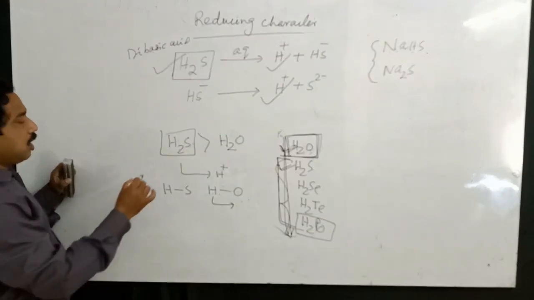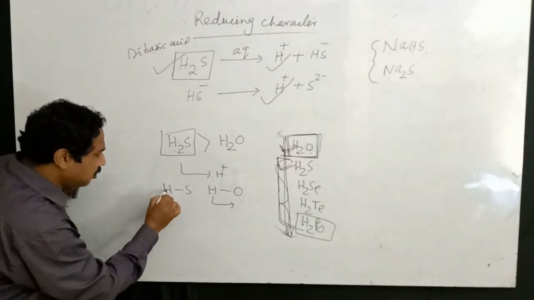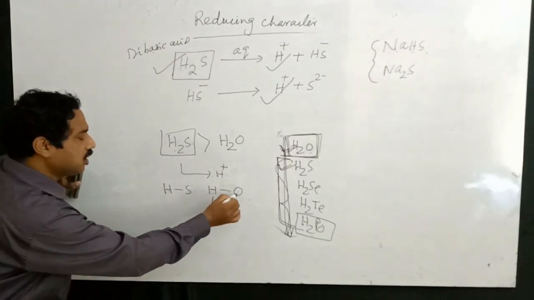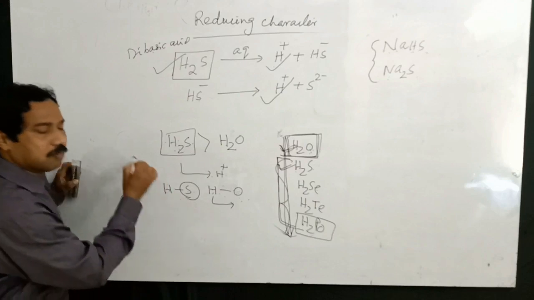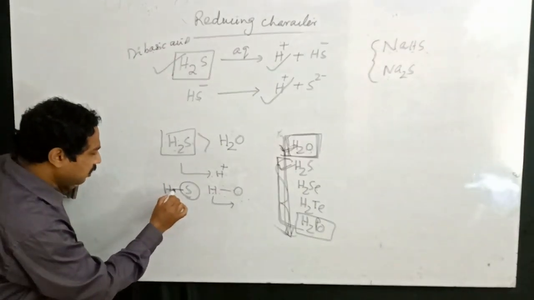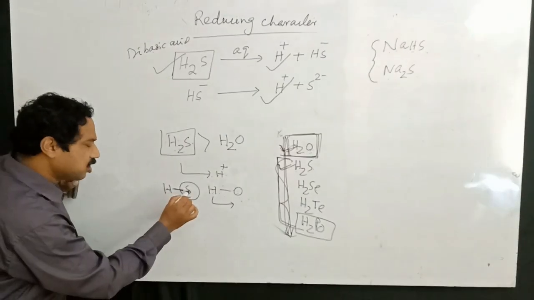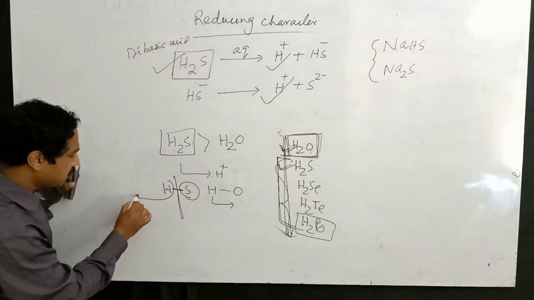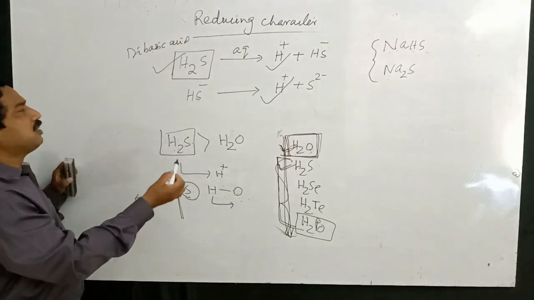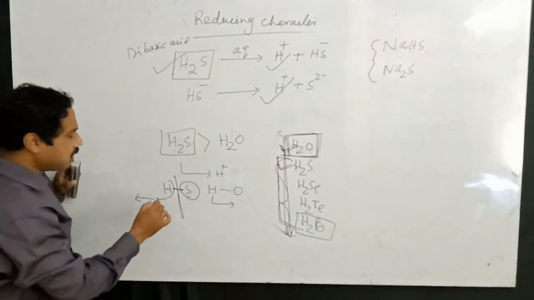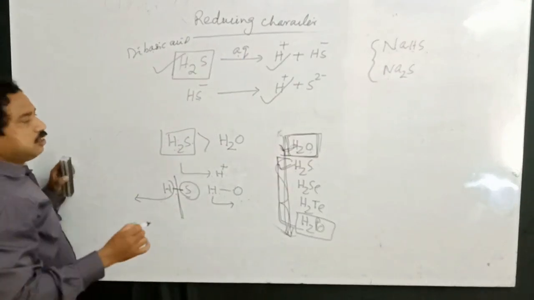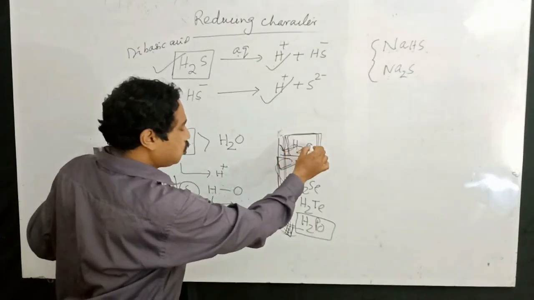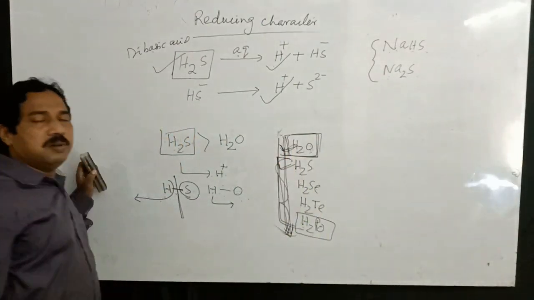in aqueous solution. But in the case of H2S, the bond between hydrogen and sulfur is weak as compared to hydrogen and oxygen due to the larger size of the sulfur atom. So the bond strength is weak between hydrogen and sulfur, so this bond can be easily broken and it can easily supply more H plus ions in aqueous solution, so we can say it is a strong acid. Therefore, the acidic character gradually increases from H2O to H2Po, or on moving down the group.